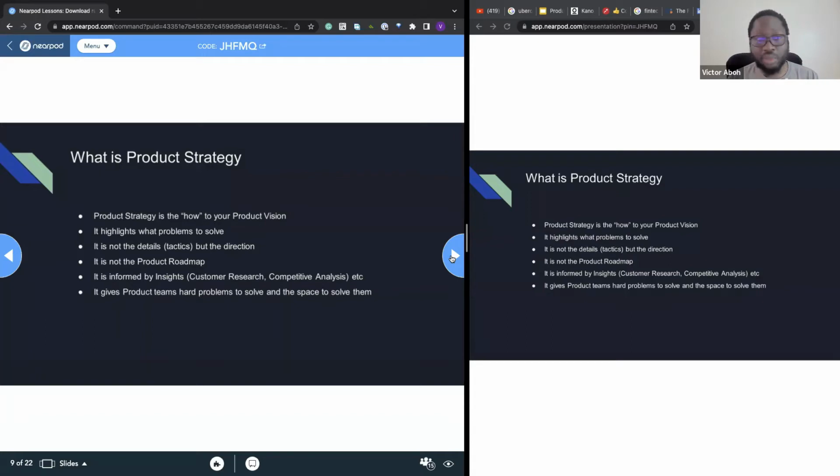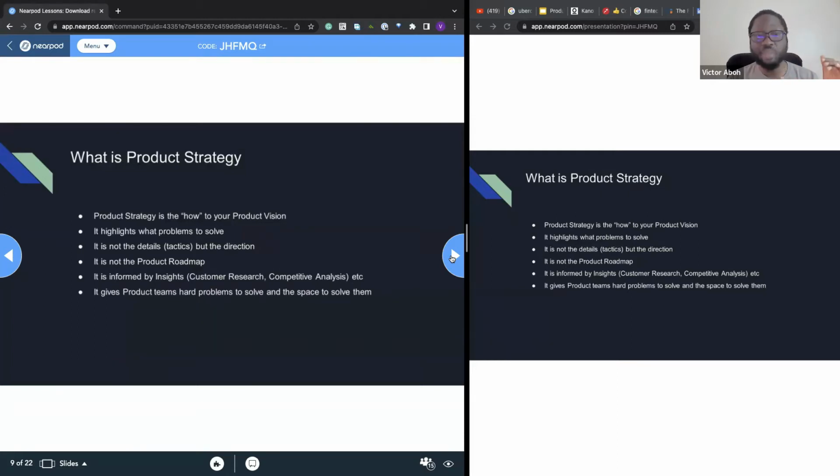Like I was alluding to earlier, it is the how for your product vision. And so your product vision is going to be inspirational. If you're Uber, and we'll talk about Uber down the line, you're saying, I'm going to change how people move from point A to point B. I'm going to make it safer, cheaper, etc. And then your strategy is going to be how you intend to do it, not the technologies, not the actual features, but just generally, this is our strategy for how to achieve the vision, right?